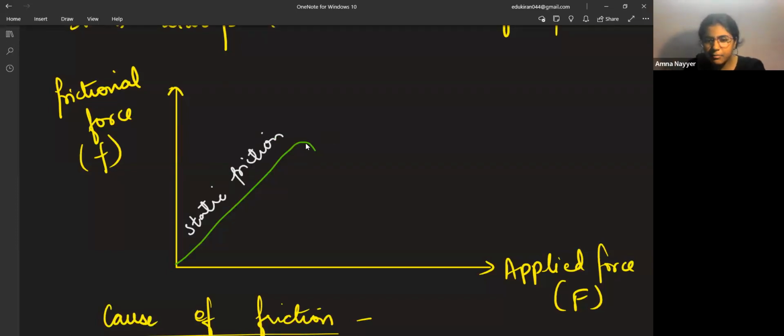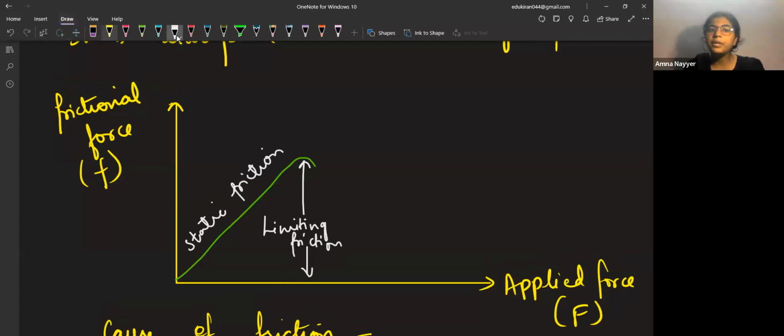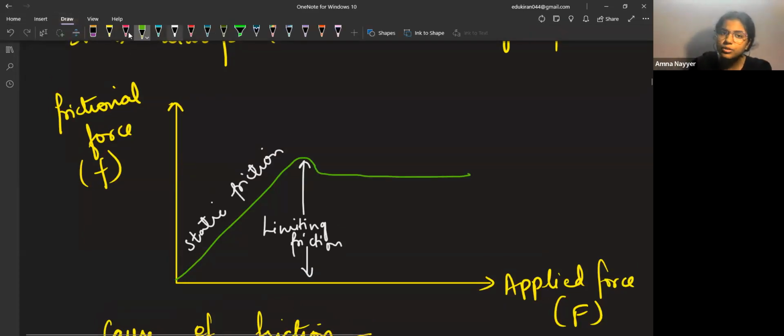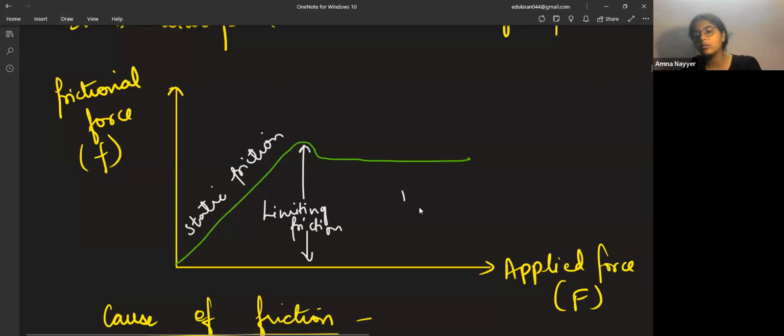Now a maximum value is obtained, beyond which it cannot increase further. This is known as limiting friction. Beyond this, the value decreases a little and remains constant throughout, because once the body has attained its motion, it will keep on moving. Here you get the kinetic